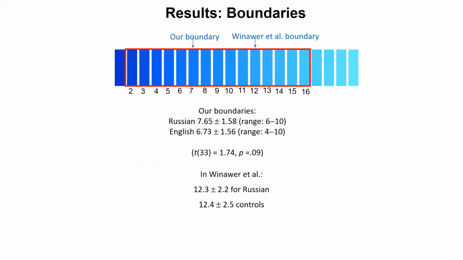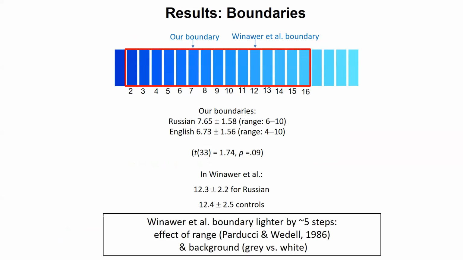Another important factor is the effect of range. So like the frequency of stimuli can affect how you categorize, so can the range. You can see we have a more restricted range, especially in the lighter part. So I'm showing you these results because they actually emphasize how relative the perception of categories based on lightness is. So relative to background and relative to range.